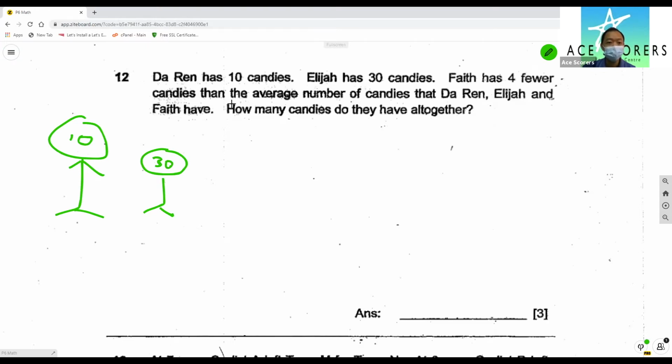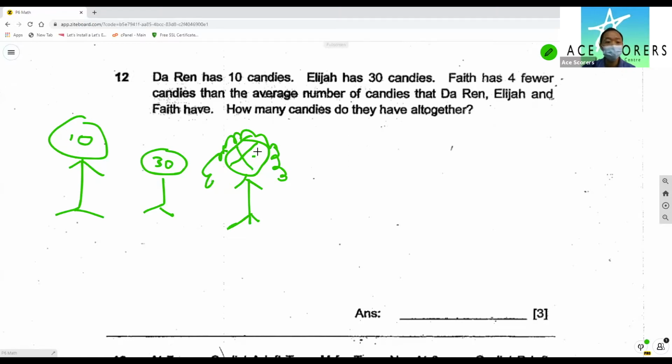Faith has 4 fewer than the average number of candies that Elijah and Faith have. So you have Faith. Faith is a girl. Now we do not know Faith has how many? 4 fewer candies than the average number of candies that Elijah and Faith have. So 4 fewer than the average. But I can't find the average. So what we have to do is we have to let this be x